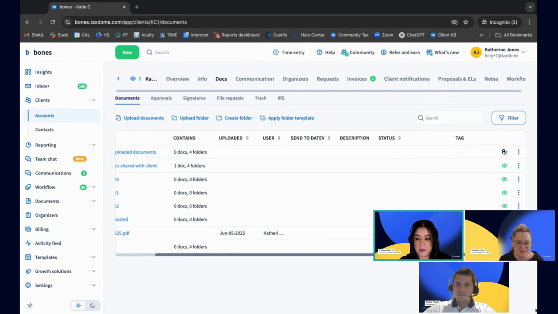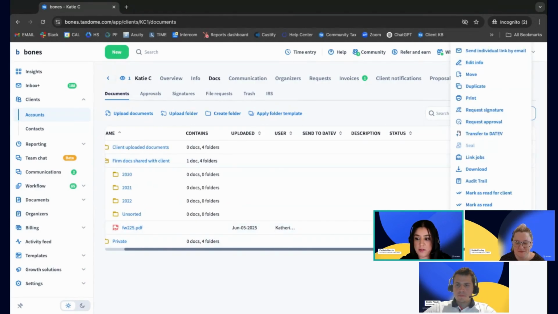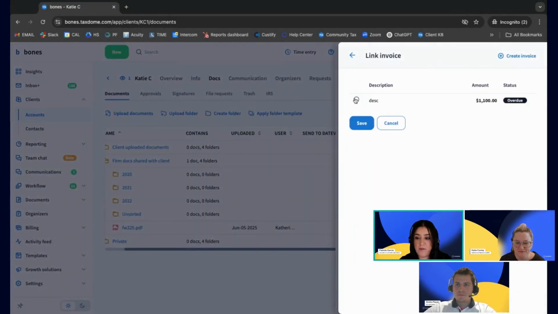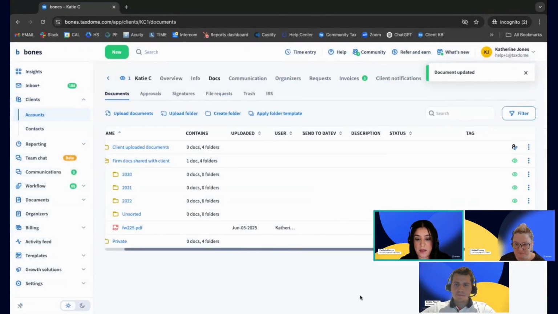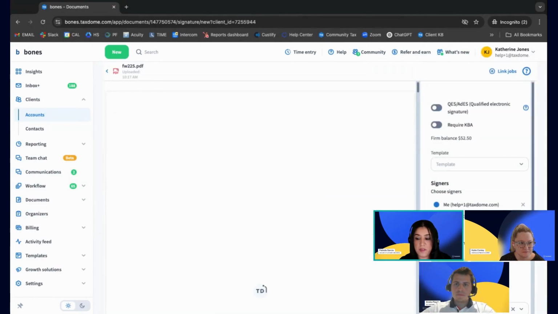Let's make this a little bit more visible. All right, so when you already have a document, you can click on these three dots on the right side, and then you're going to click on Edit, and then you can link this invoice that we created to this document, which means that Katie here will not be able to see that document until the invoice is paid. Okay, you can still request a signature as well from this document,